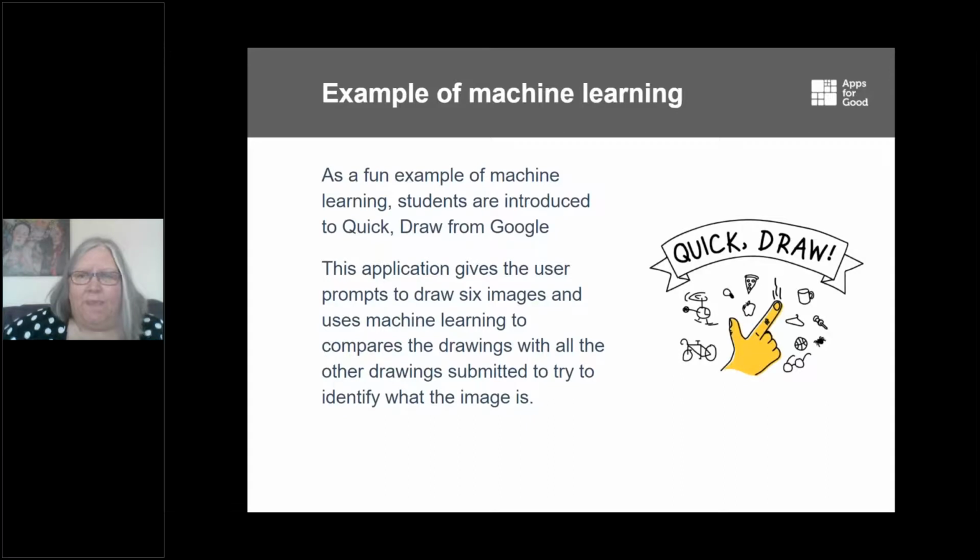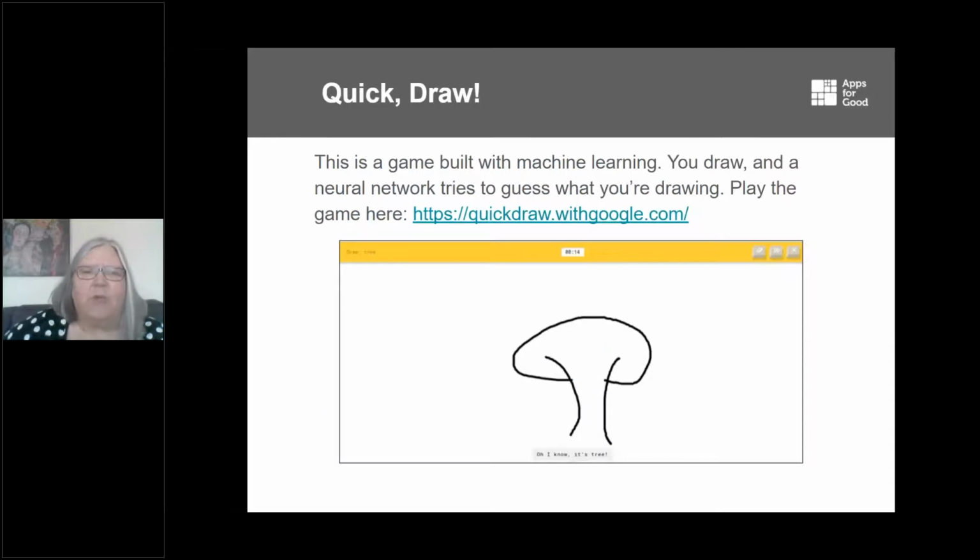So we start off very gently. This is a really nice, quick activity, though it can be difficult getting the students off it afterwards because they really enjoy doing it. Quick Draw, which is, I think, one of the Google apps. It gives you 6 prompts for things to draw. So there's my very weird picture of a tree. And it learns from each person that uses the application, so it'll get more and more people's versions of what a tree looks like, and it gets better and better at identifying the drawings that you're doing. It'll give you a score, and then it will show you all the other drawings that other people have made, so you can see how it's building up that knowledge of what those images are.